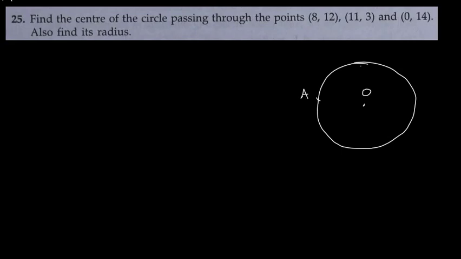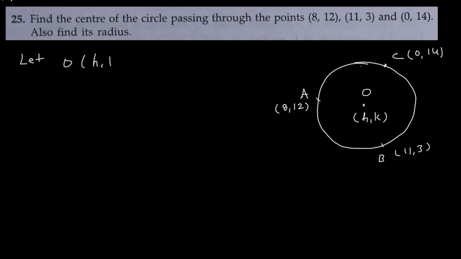Point A, which is 8, 12, point B, which is say 11, 3, and let us take point C, say somewhere here, 0, 14, and O, the center of the circle. Let us consider this as coordinates h, k. We have to find the center of the circle, so I will say let O h, k be the center of the circle,